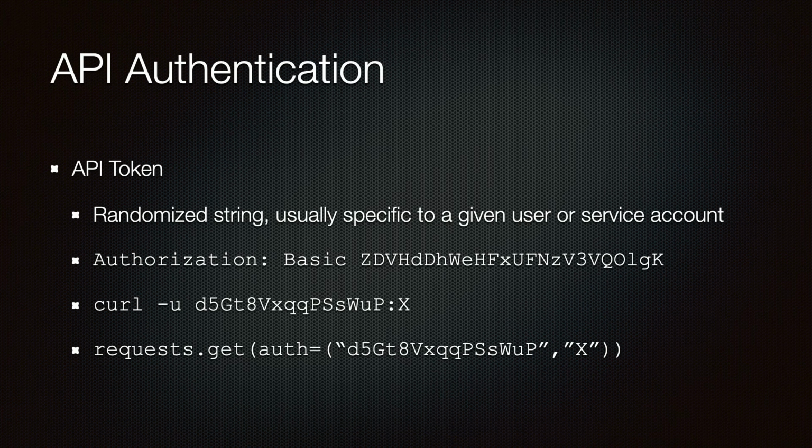Another popular method is called an API token. It ends up with a very similar looking header, but you generally substitute X for the password field. It's ever so slightly better than throwing username and password around in base 64, but not much. Hopefully you're at least using HTTPS. The other advantage is that you don't have actual user credentials in your code. API tokens can be revoked or changed in the event one gets compromised a lot easier than a user account.